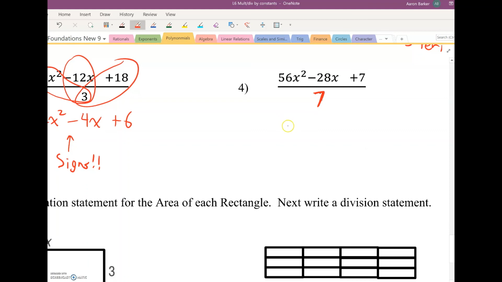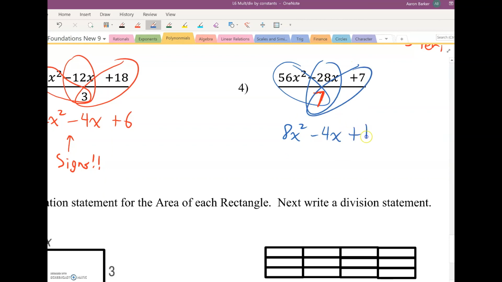So what does that give you? The first division gives you 8x squared. The second division, negative 4x. The last division, plus 1. Remember, when things divide perfectly, it divides to plus 1. Okay,